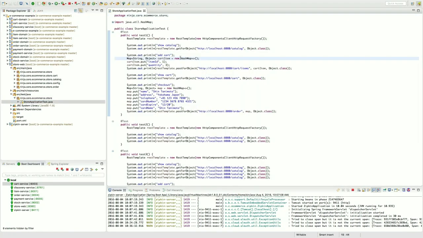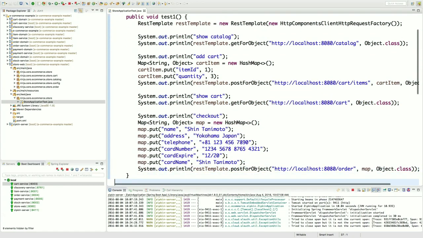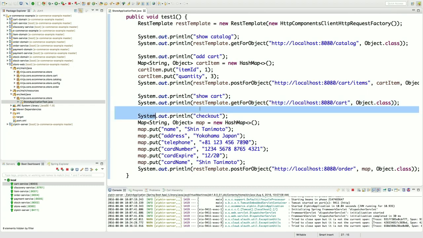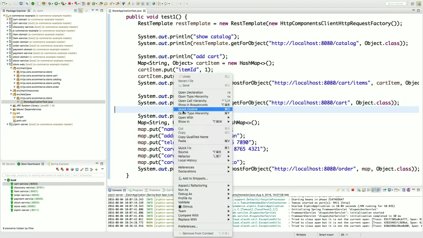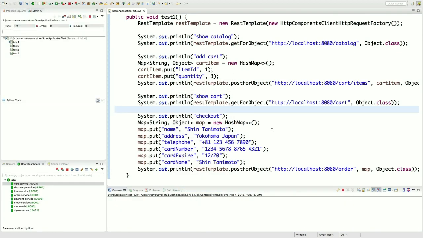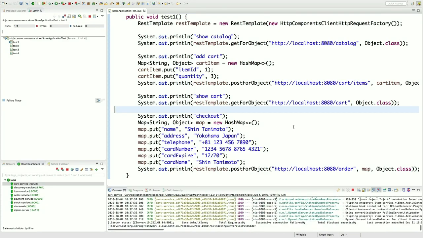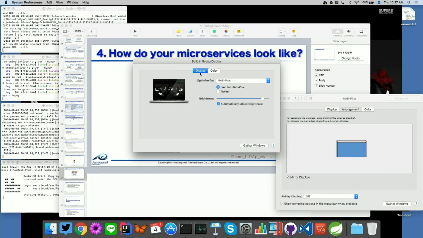This test calls the show catalog, so it accesses the catalog to get the data, puts the items into the cart, gets the cart again, and then orders, checkout. When I run this test, it just finishes.